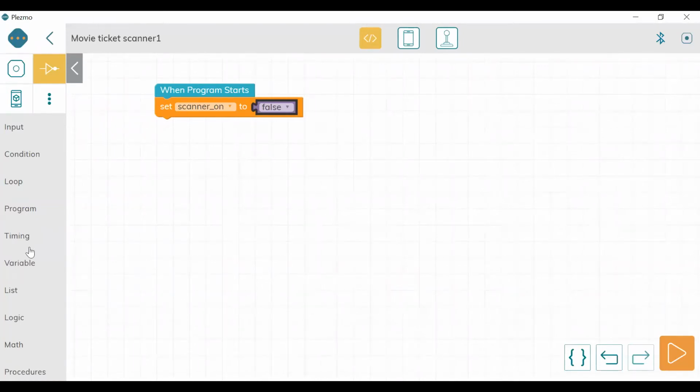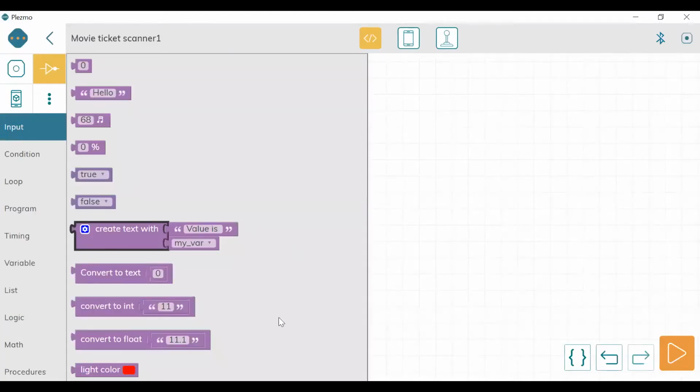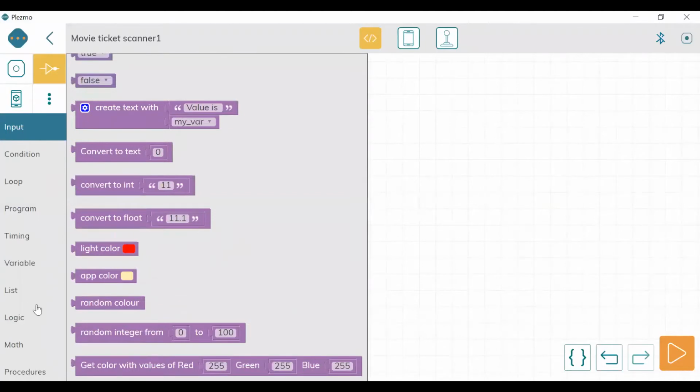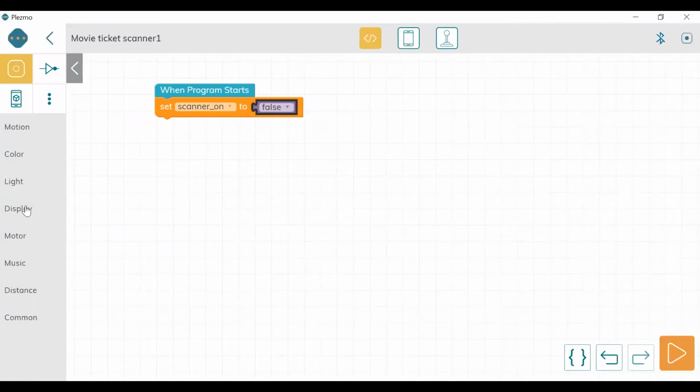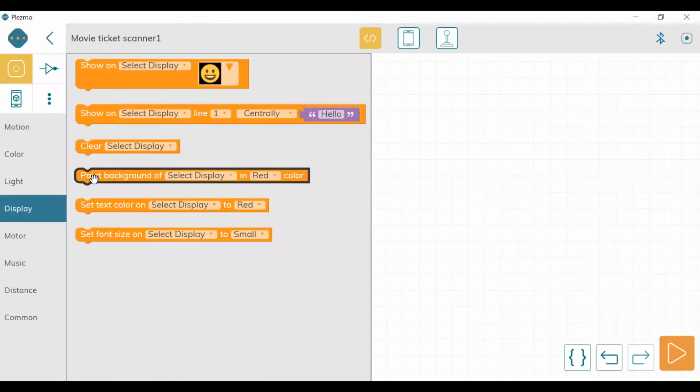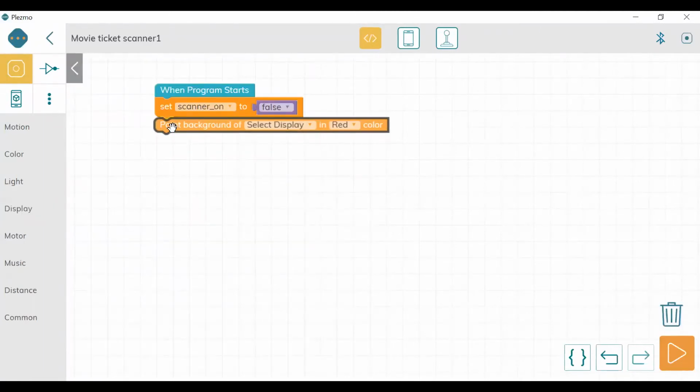As I discussed with you earlier, we can change the text also. Okay, so we have to go to display for the same. Yes, paint background. So we are changing the display.